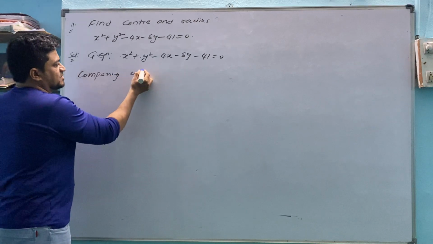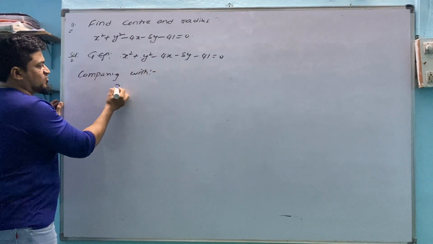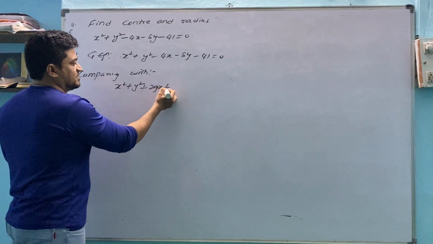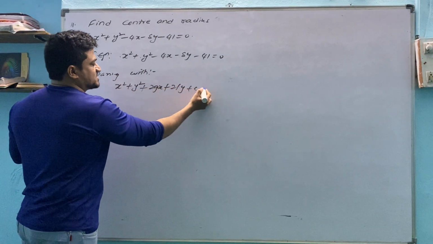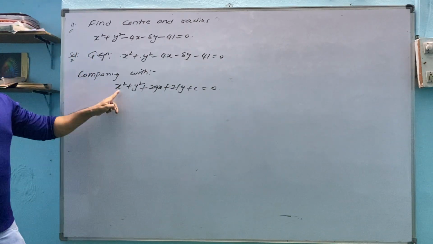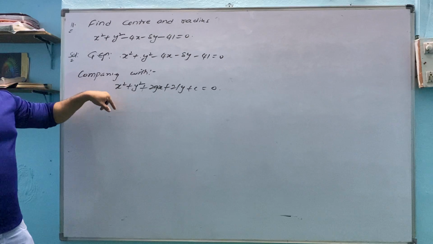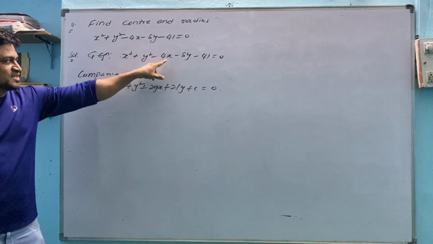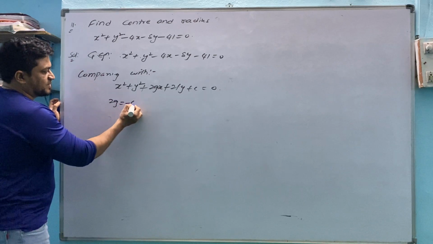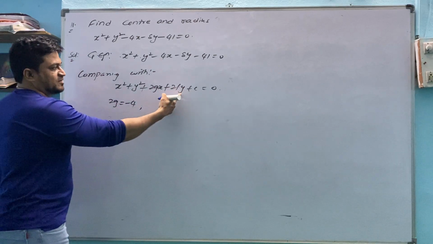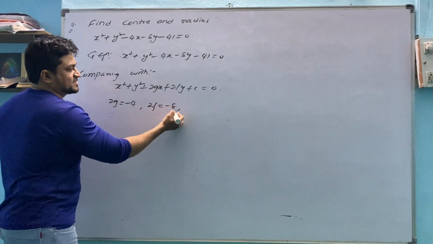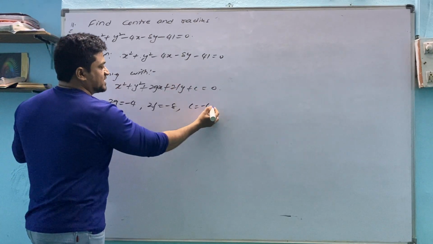Compare with the second equation of circle, which I have given to you in class 1, video 1, you can watch that. x² + y² + 2gx + 2fy + c = 0. This is the equation of a circle. x square, y square cancelled. Remaining x is also cancelled. What is remaining here? 2g equals minus 4. Then y cancelled, 2f equals minus 8. C equals minus 41.